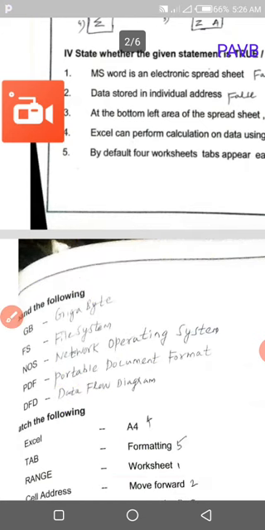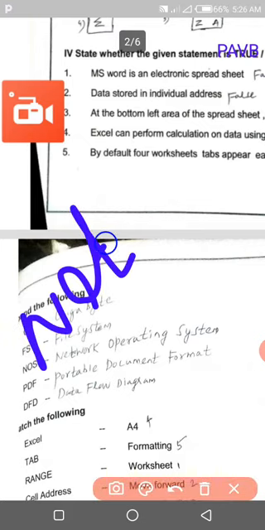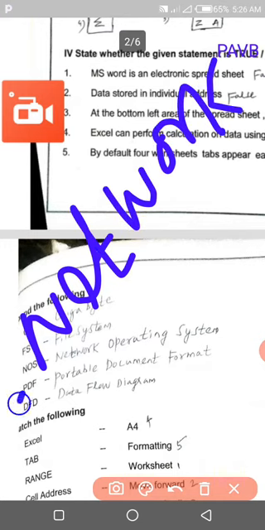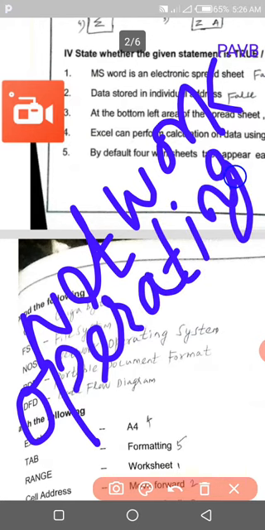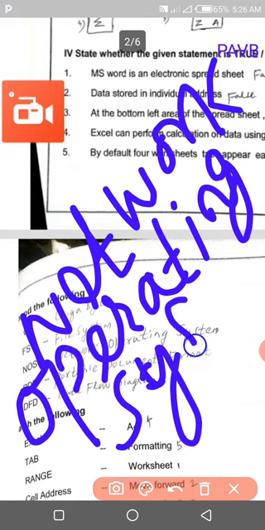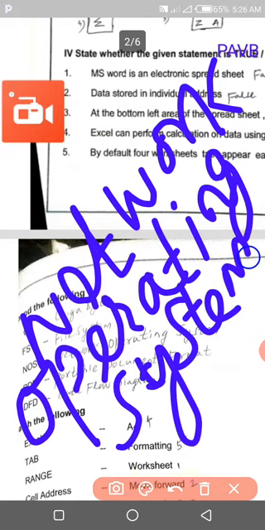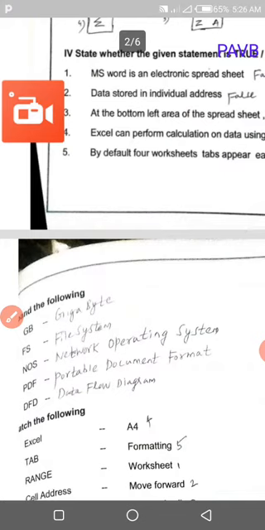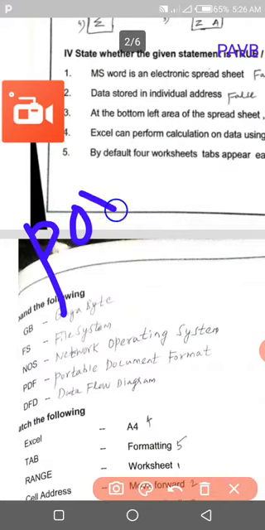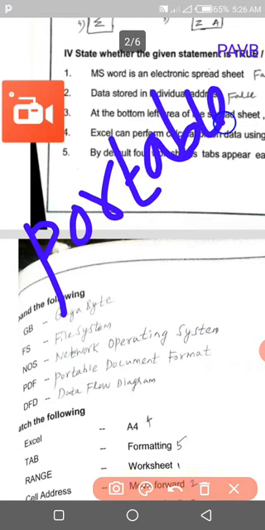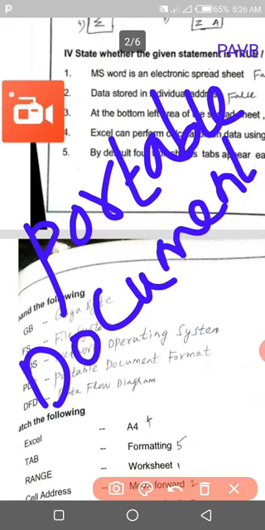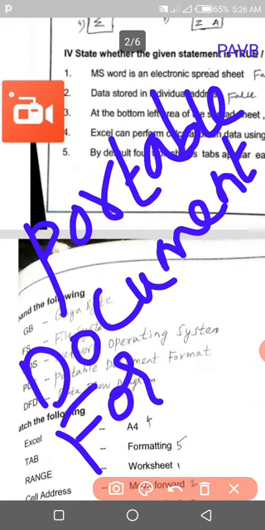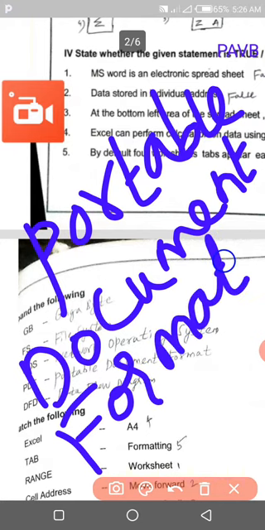Third one is NOS, network operating system, NET, network, WORK, network, OPERATING, operating system. PDF, portable document format, PORT, ABLE, portable, DOCUMENT, document, FORMAT, format, portable document format.